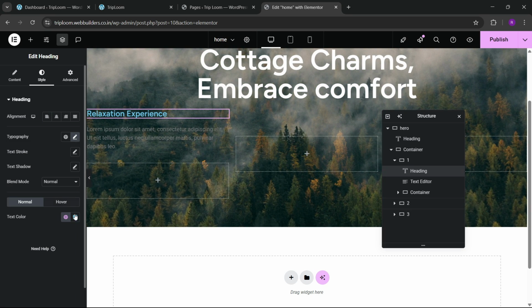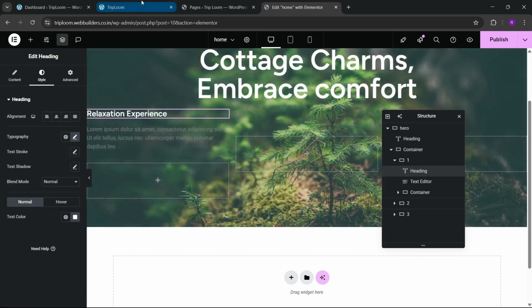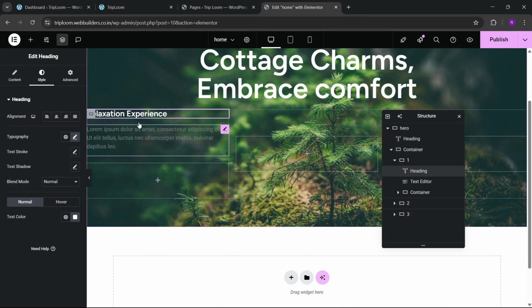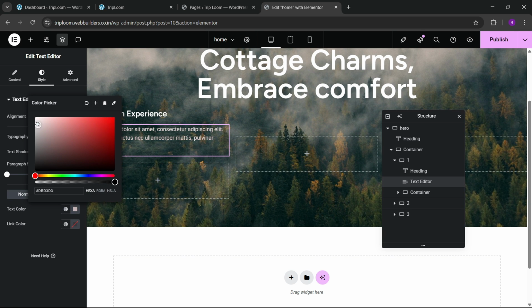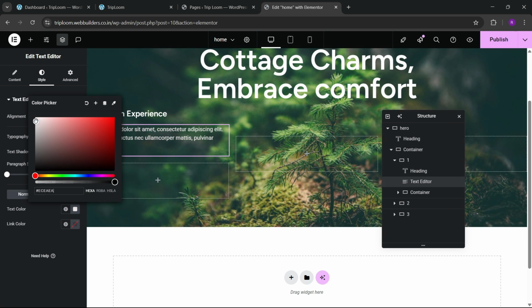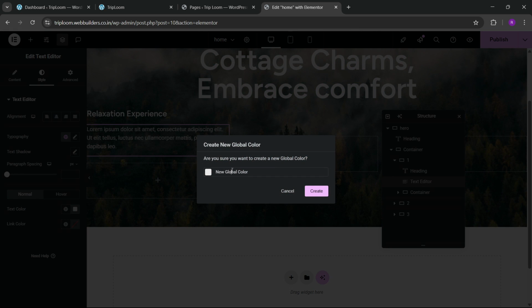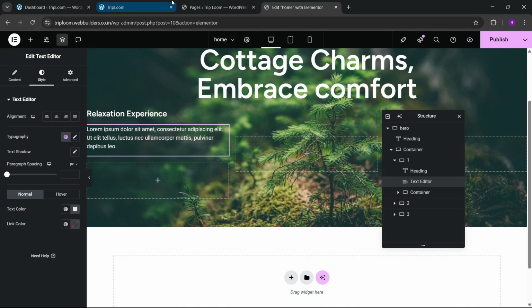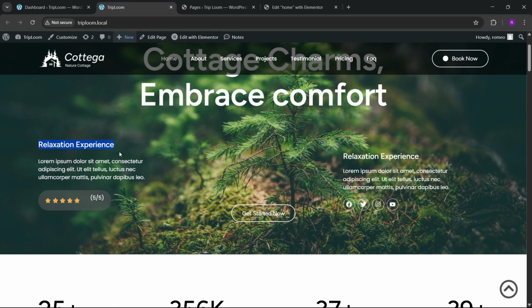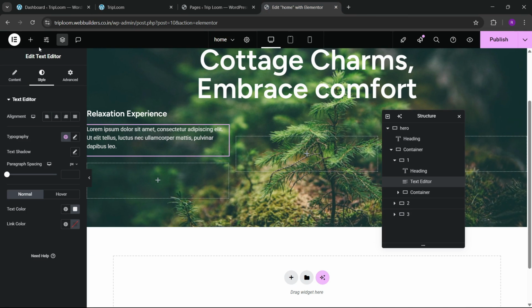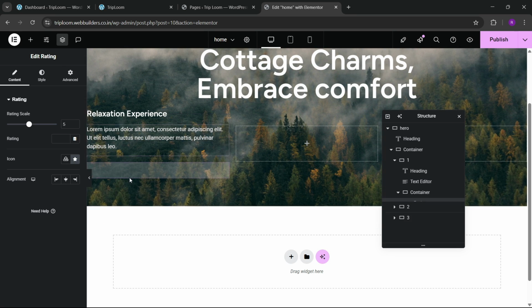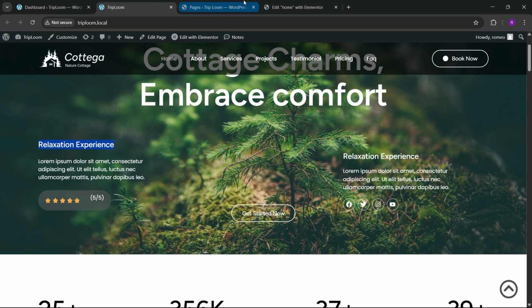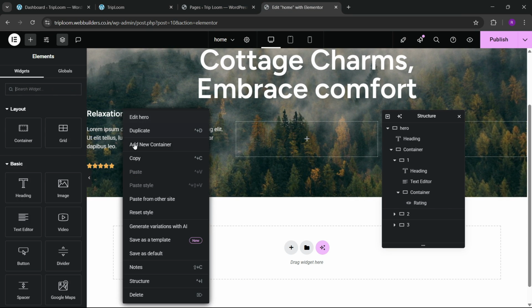Okay, and here we can make this white, and here also we have the lorem ipsum, so we can go here, and here also we can make this white a little bit like this. You can also name this color if you want. Let's leave it because we are not going to use it again and again. Here you can see that we have this rating, so we can search for the rating here. So we can drag and drop this, and also you can see that we have 5 by 5, so we can just copy this from here